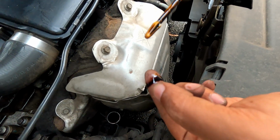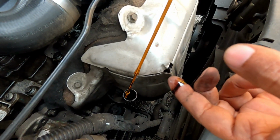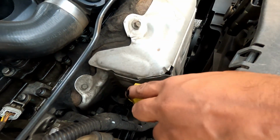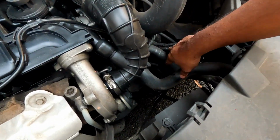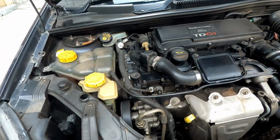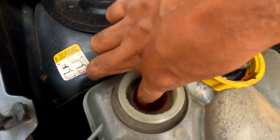So that will indicate that there are some abnormalities with the engine, and you may need to overhaul, or you need to incur heavy expenses for the engine. So also do check all the hoses, electrical connections, everything is in order or not. If the proper coolant level is there, and whether the coolant is also mixed with engine oil or not, because